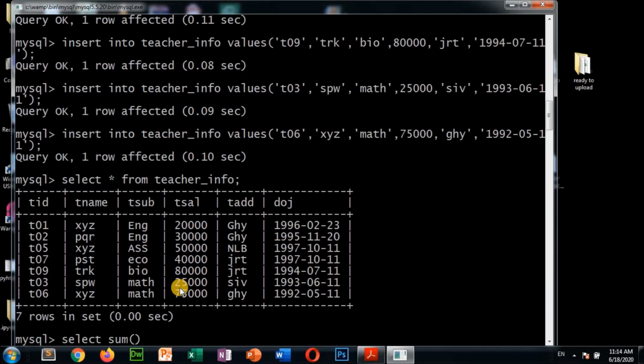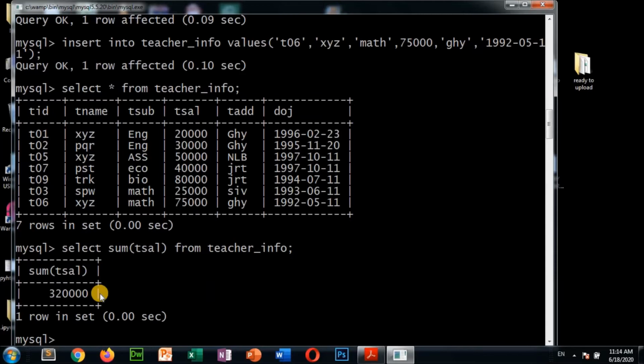So select sum T cell, then here you have to write from where, teacher_info. That means it will display the addition value of all these salaries. It is coming 32 something, 32 lakhs or 3 lakhs 20,000. Done. So the sum is done.